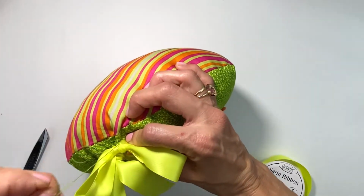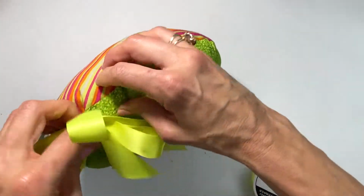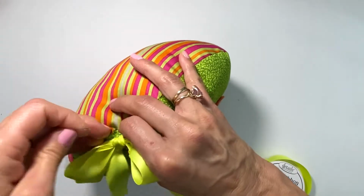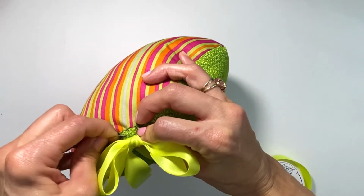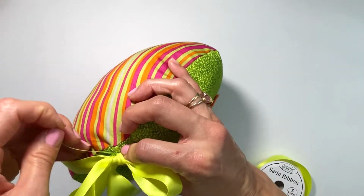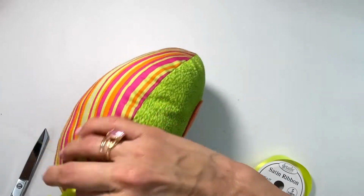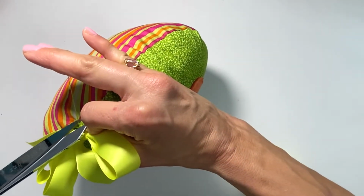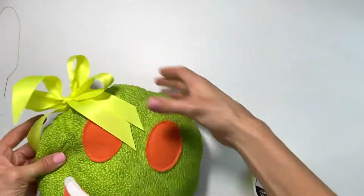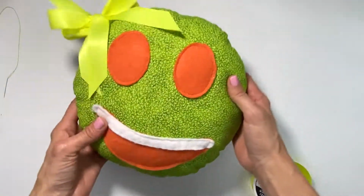All right, so now I'm going to end off right in here as I'm tacking it on. I'm going to do two tight end offs, 1 and 2. Just trying to grab more in the back. Here's my loop, 2. I'm going to cut my thread, and it looks like we have a wild side bow